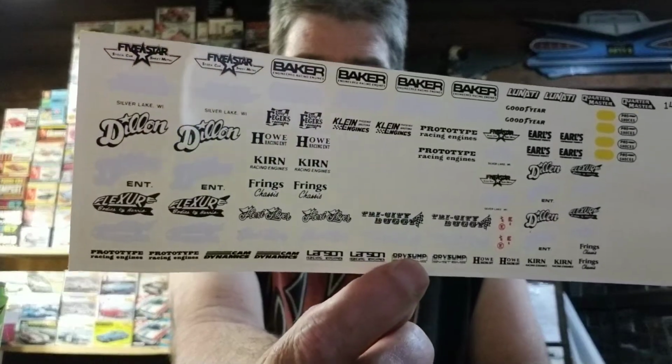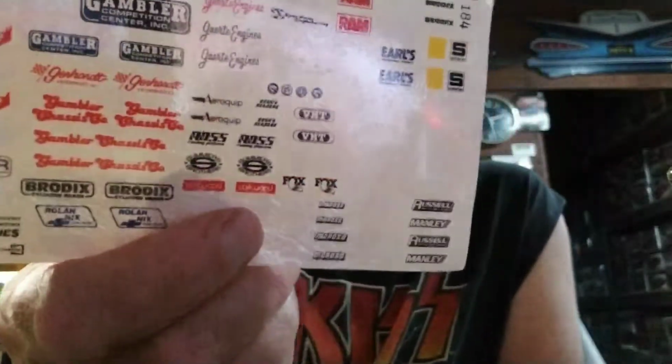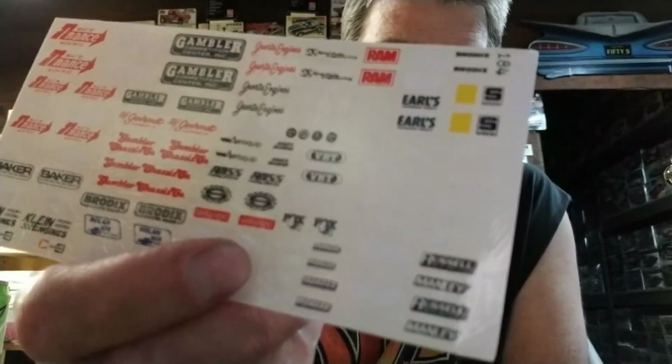Different engine builders. I thought that'd be pretty cool. Get those. And then another one I've been looking for. Actually, both these sets, the first one of the contingencies got the set that I've been looking for, and this one's a smaller set, but it's got the McCurry. I don't know if you can see, that glares too bad on it there, but the McCurry's, I've been looking for those